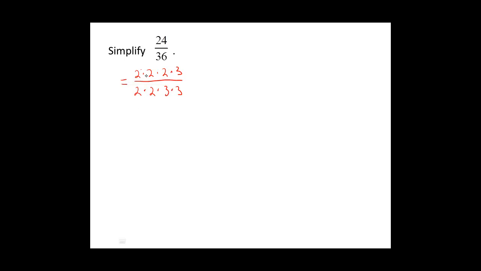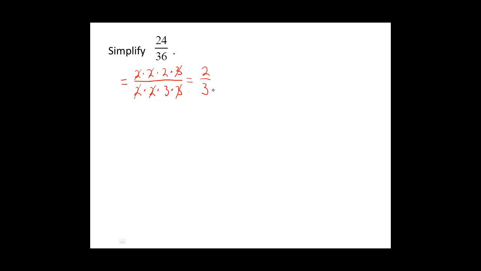The numerator has a 2. We divide by 2 in the numerator and the denominator. The numerator and denominator have another 2, so we will divide the numerator by 2 and the denominator by 2. We also have a 3 in the numerator and denominator, so we will divide the numerator by 3 and the denominator by 3. Therefore, our answer is